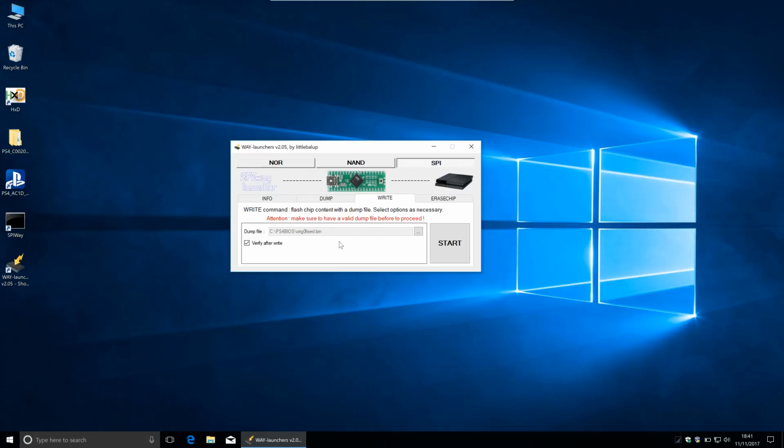Speeds the process up, and that's a win-win situation for me and for you, and of course all you guys out there that are doing this for a living. So if you've never heard of Way Launchers, then I do heavily suggest you go and try it out, give it a go and see what you think. I think it's absolutely fantastic, and that's why I wanted to bring it to your attention, just in case you weren't aware. Chances are that some of you guys who do this for a living probably will be,